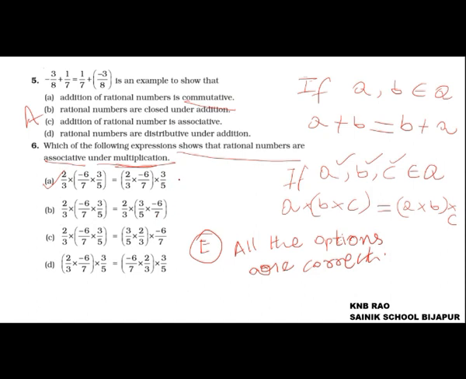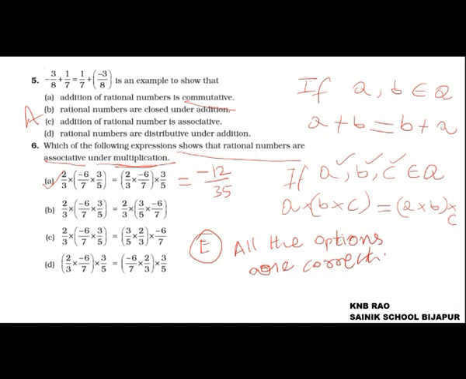You can observe here, the product is minus 12 upon 35. However they are multiplied, you get minus 12 by 35. Amongst A, B, C, D, one of the options was supposed to be 'all the above'. Then we could have chosen that option as correct. Since they have not provided it, I have taken option E. You can cross check. What we have learned should definitely help us identify the mistake in this question.